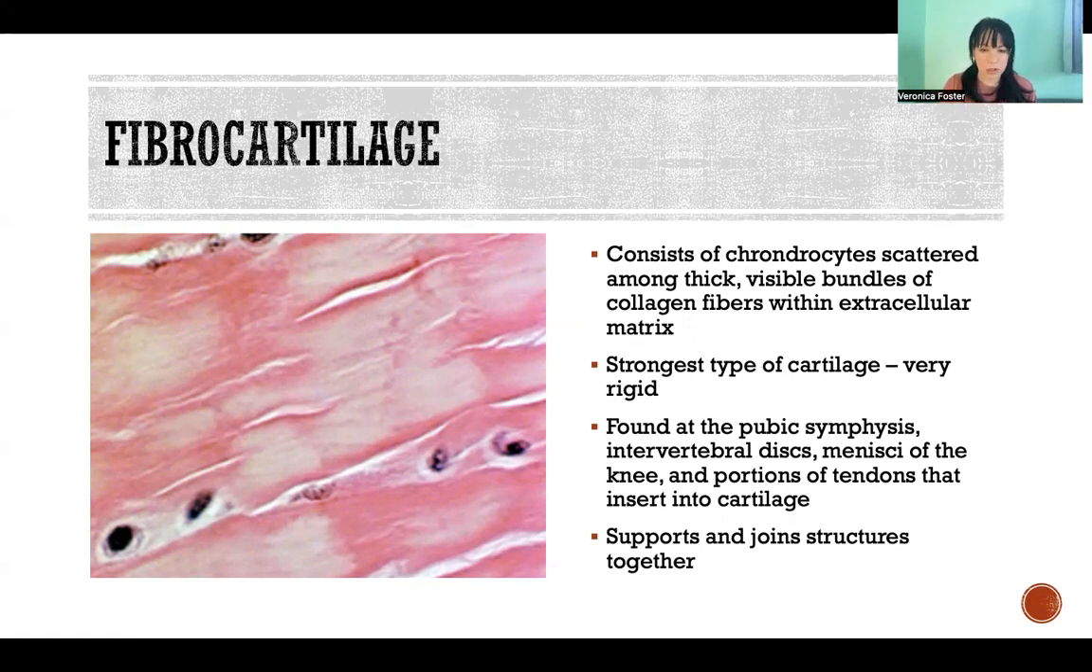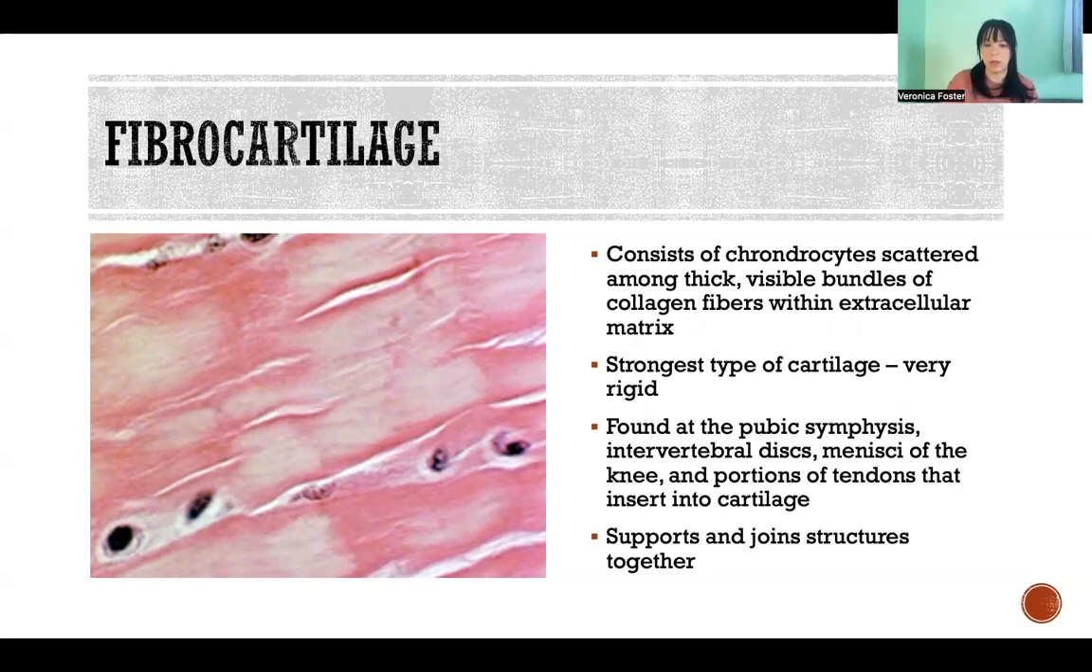So we have fibrocartilage at the pubic symphysis, where we're attaching the two pubic bones together in the front. It also makes up a lot of our intervertebral discs. So like a portion of the intervertebral discs, it makes up the menisci of the knee and portions of tendons that insert directly into cartilage. So we have fibrocartilage in places where we need very dense, very strong, rigid cartilage to